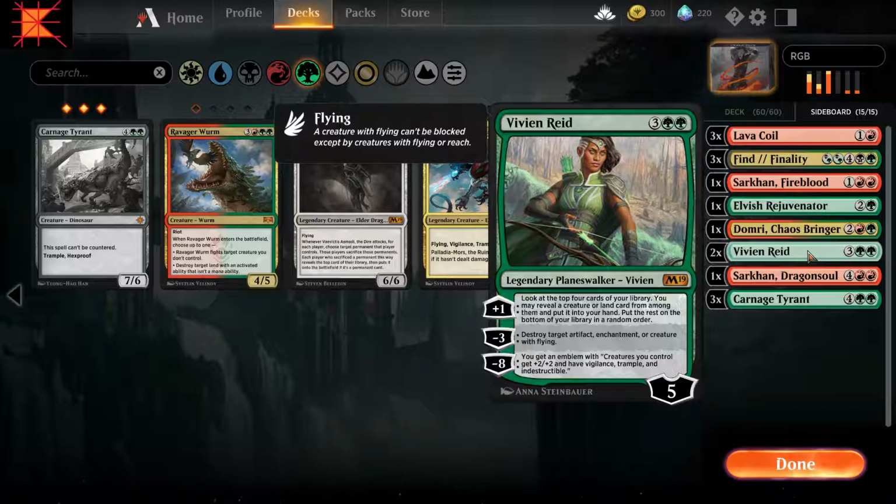I'm sorry, excuse me. 5 cost, 5 loyalty planeswalker. For +1, look at the top 4 cards of your library. You may reveal a creature or land card from among them and put it into your hand, and put the rest on the bottom of your library in random order. Another sifter, very nice. For -3 loyalty, destroy target artifact, enchantment, or creature with flying. I will not lie, when I do run Vivien Reid main board and use her frequently, I use that effect quite a bit